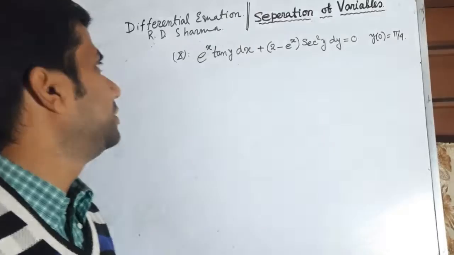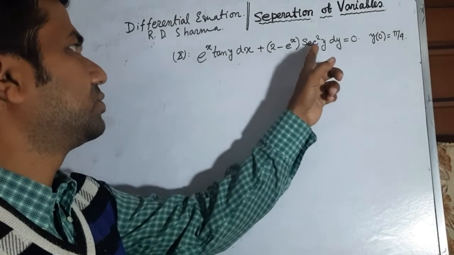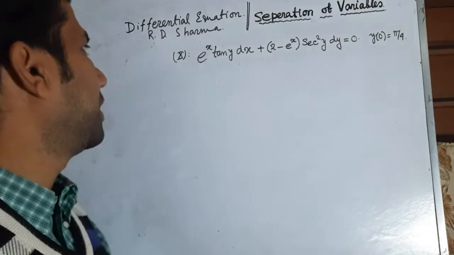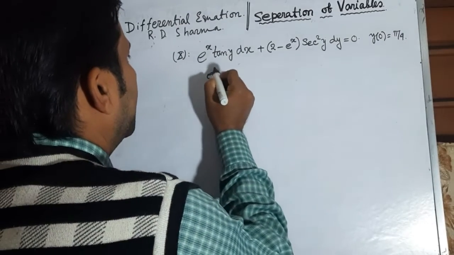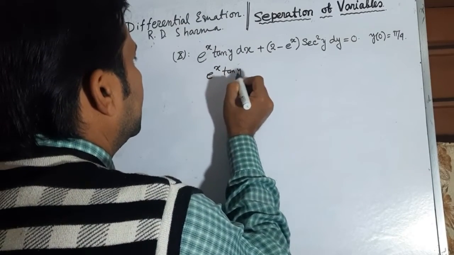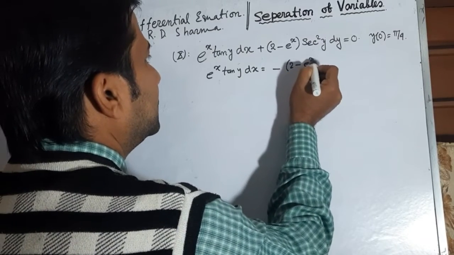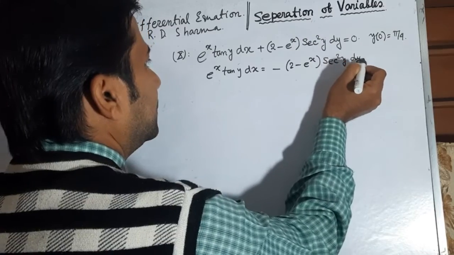So our next problem is e to the power x tan y dx plus (2 minus e to the power x) sec square y dy is equal to 0. We are given that y(0) is equal to pi by 4. So what we want to do, e to the power x tan y dx is equal to minus (2 minus e to the power x) sec square y dy,